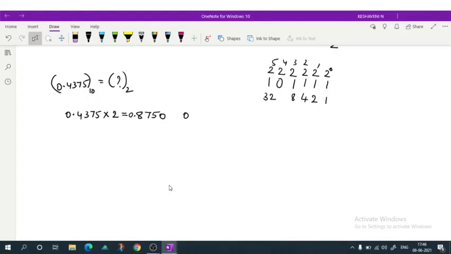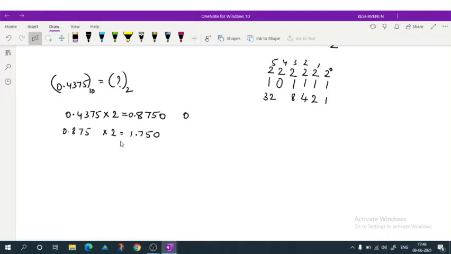Next step, you have to consider what you have after the fraction point, 0.875. That 0.875 you have to consider here. So 0.875 multiplied by 2. If you multiply this, you will get